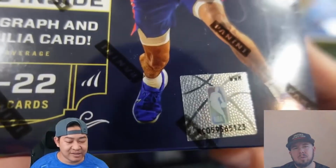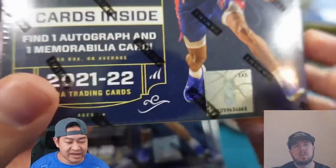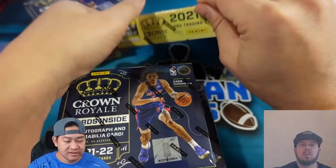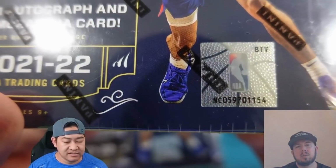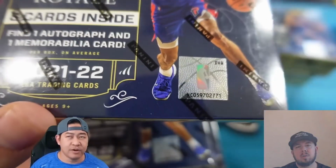As you can see, the rest of them, that has 6.5 right there. This one has 3.4. This one has 0.1. Now, as you can see, these are from different cases, so I don't know if...